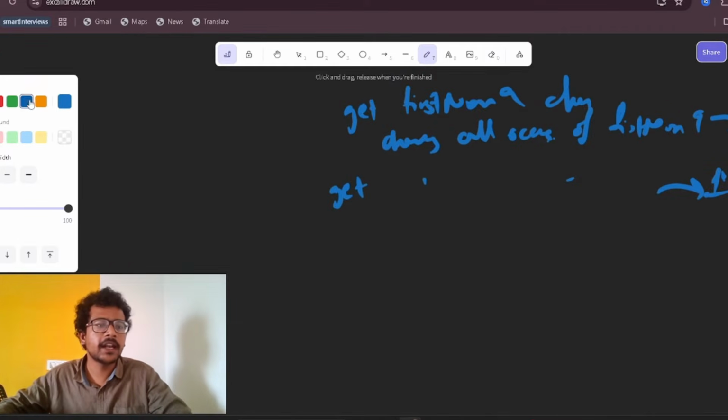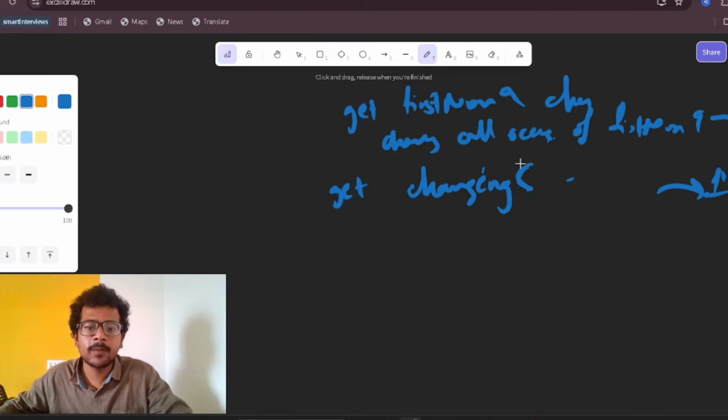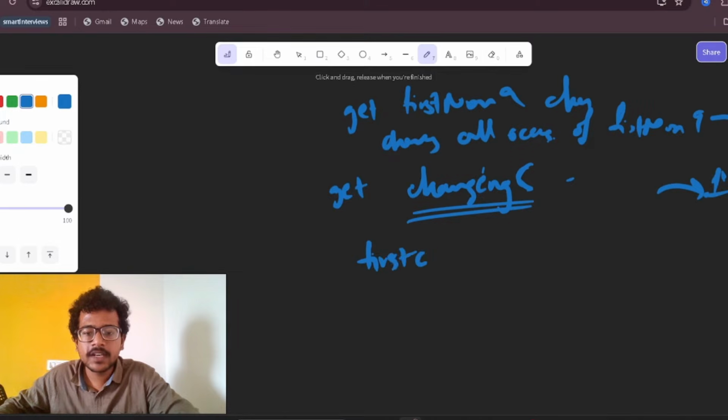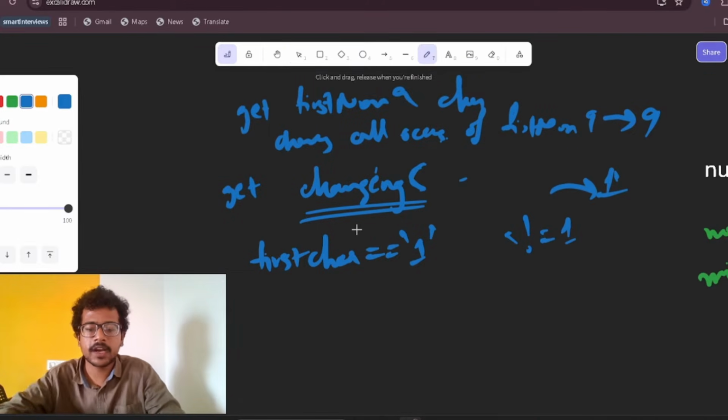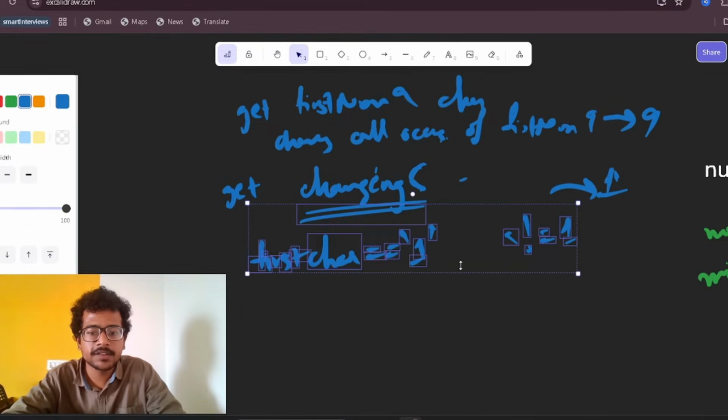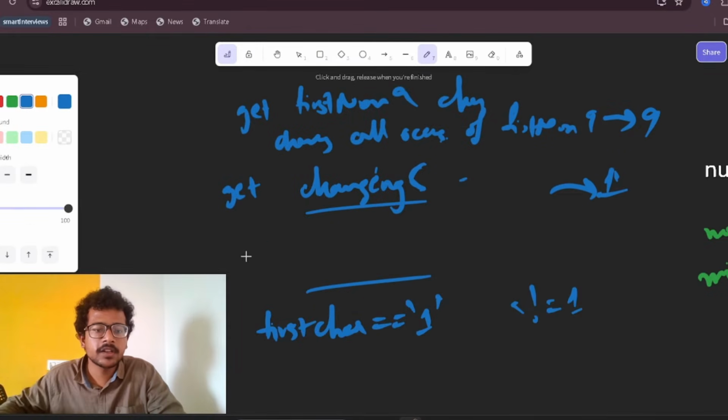So what I'll write here, get changing character, let me just name it as changing C. Now, what will be this changing C? Changing C will be, if first character is equal to 1, now if it is equal to 1 and C is not equal to 1, I'm just traversing, right? Let me just traverse